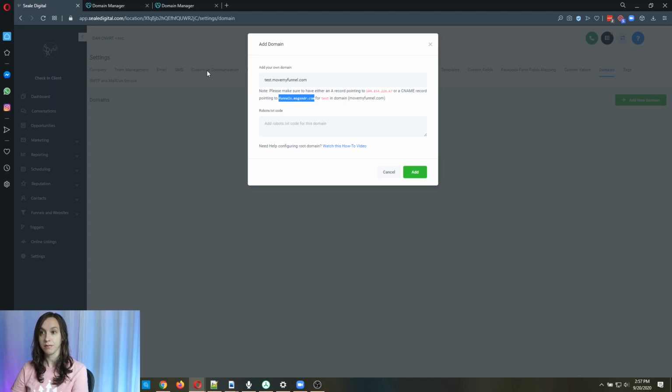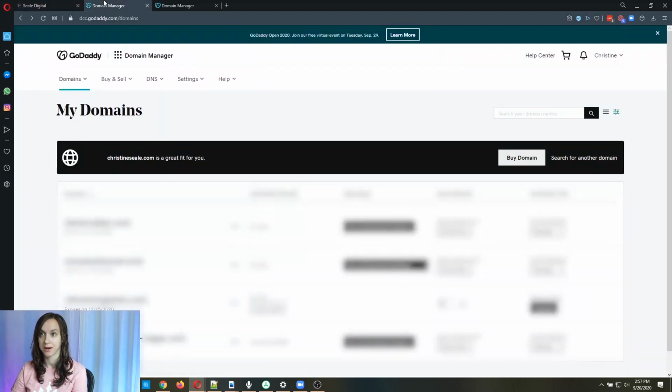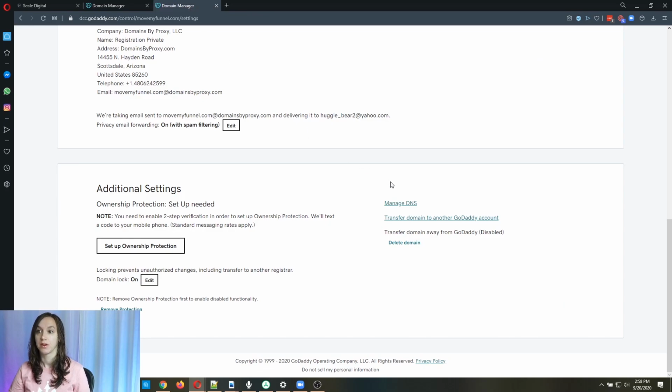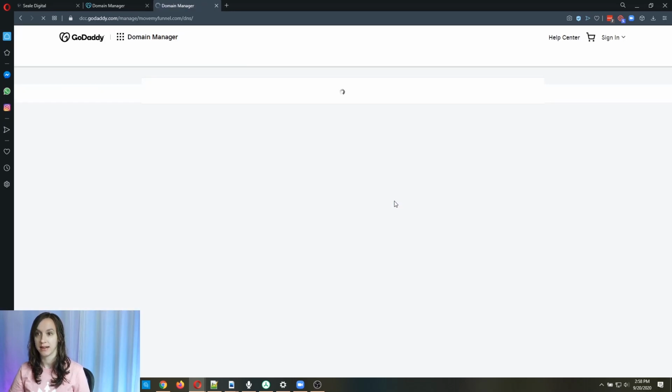Now, most people I think probably are using GoDaddy, so I'm going to choose one of my GoDaddy domains here. I'm all logged into GoDaddy and I went into my domain manager. So you're going to click here and then click domain manager and click on the domain that you want to use. Okay, so I'm going to click on this and then it opens up another screen. You scroll all the way to the bottom and click manage DNS. Okay, so I'm going to click manage DNS